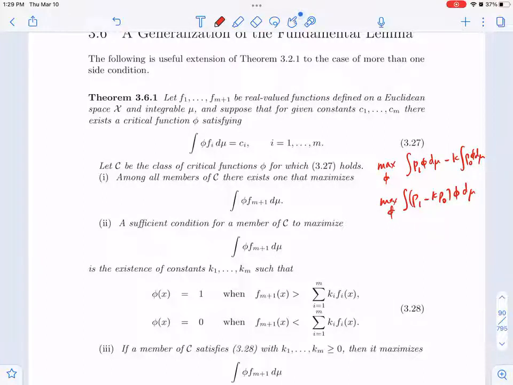And so the phi that maximizes this has to be 1 when this is positive, strictly bigger than 0, and has to be 0 when this is negative. And this gives you the Neyman-Pearson lemma, that the optimal test is a likelihood ratio test. So when this is positive, phi is 1, when it's negative, phi is 0. What this lemma is saying is